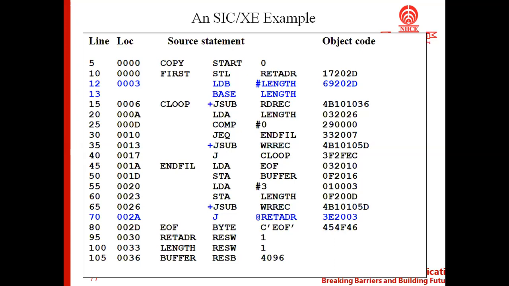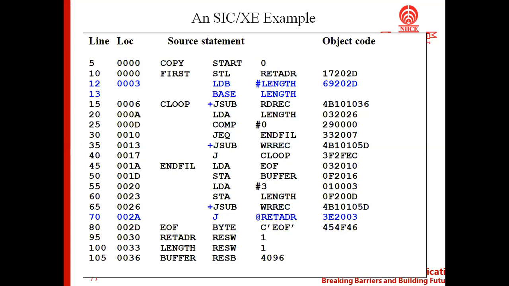And according to what we have learned, the functions of the assembler, the mnemonic will be converted into its machine equivalent as you know already, STL having the value 14. And for the symbol RETADR we assign the machine address. So the RETADR value is 0030.